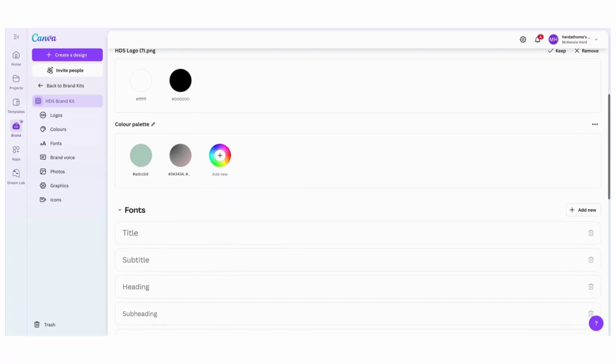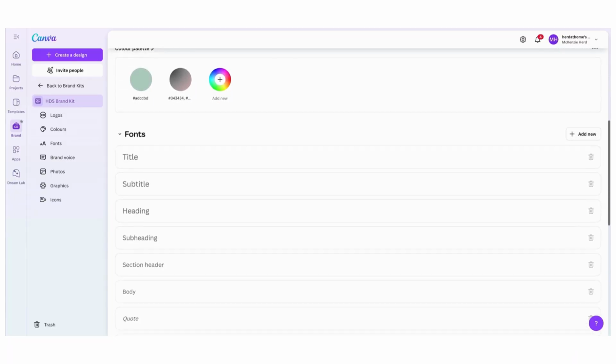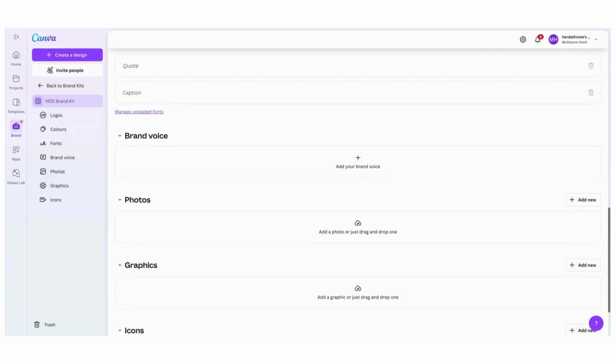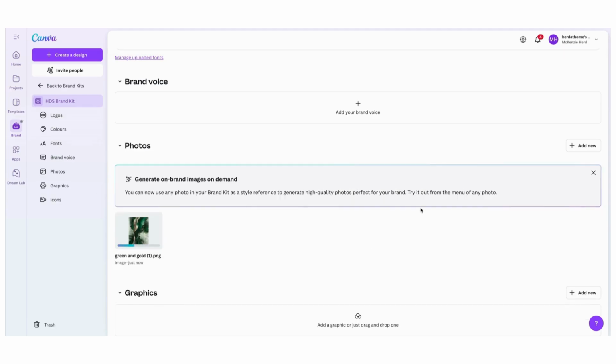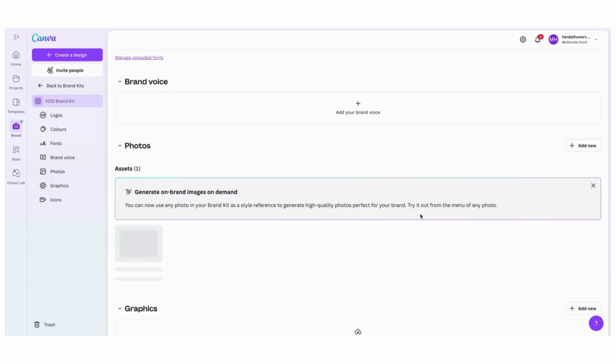The other way that you can create a colour palette in here is to add a photo, and then you can select the colours from the photo. Let me just demonstrate that to you. So let's click in here. Let's just add this one to show you. So let's open that. Once that's uploaded,